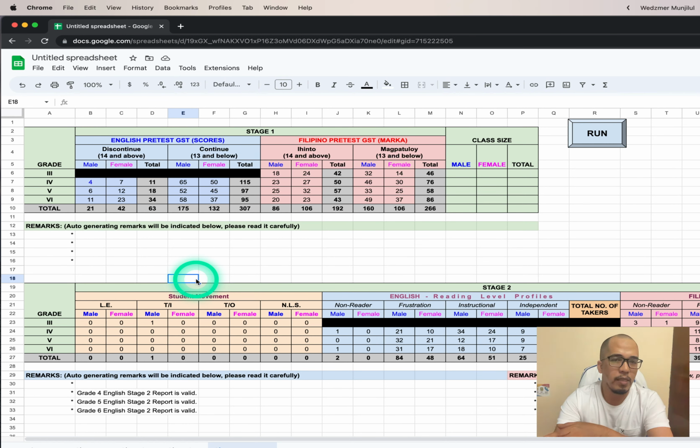Let's say grade 4 Aguinaldo. So lahat ng students ng grade 4 Aguinaldo should take the English and Filipino na GST or group screening test, which is stage 1 for Phil-IRI. So what will happen is, dapat yung total number of students who took the GST for English will also be the total number of students who will be taking the Filipino GST. With that, we have congruency with the data, regardless of whatever learning area is it that we are trying to compile or to collect